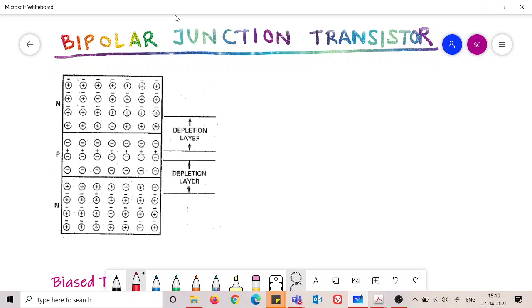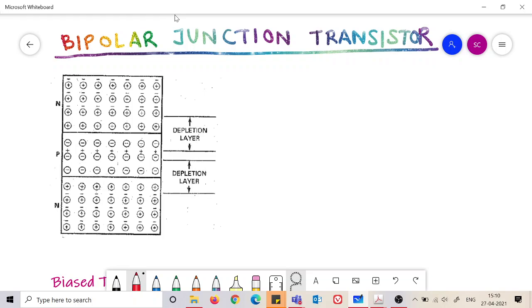So whatever we have discussed in a diode about junctions, about barrier potential, all those things remain the same because the physics remains the same. The underlying physics remains the same, but the overlying phenomenon which arises because of that underlying physics becomes different now because there is an additional arrangement. There is no longer a single junction, there are two junctions now. So let us see how this is behaving.